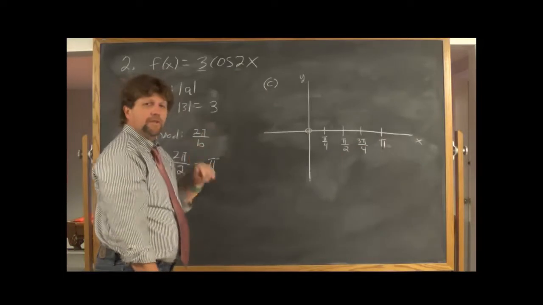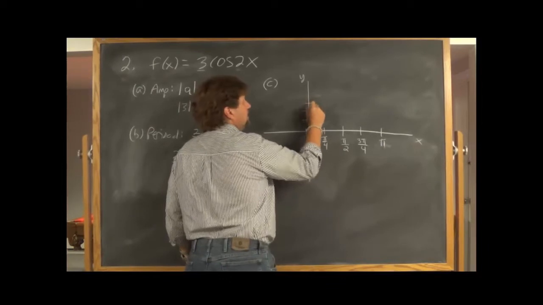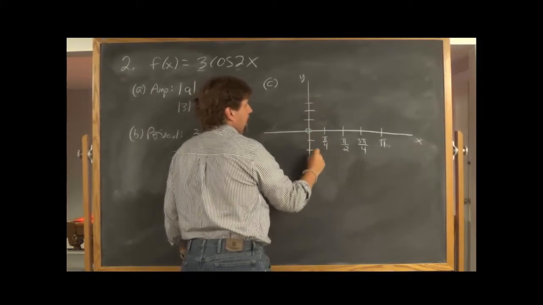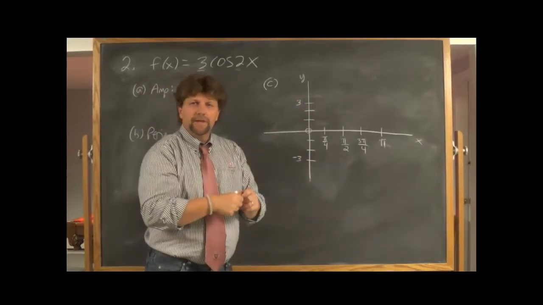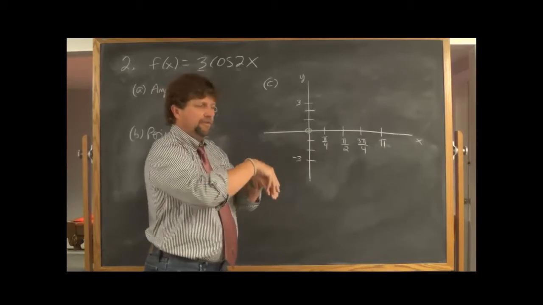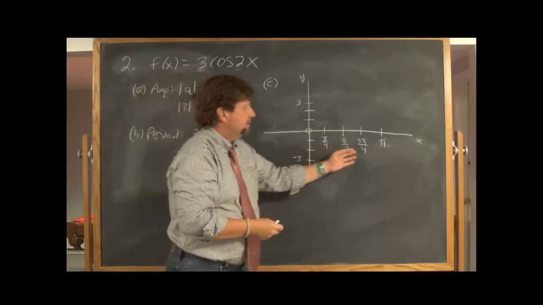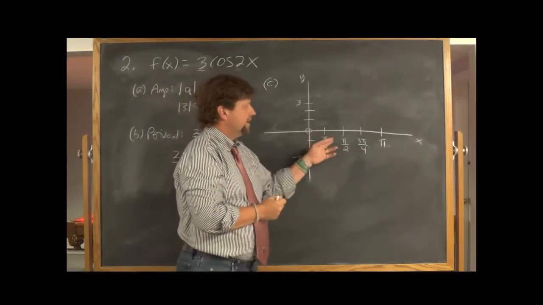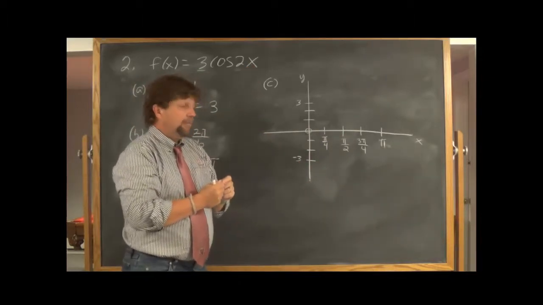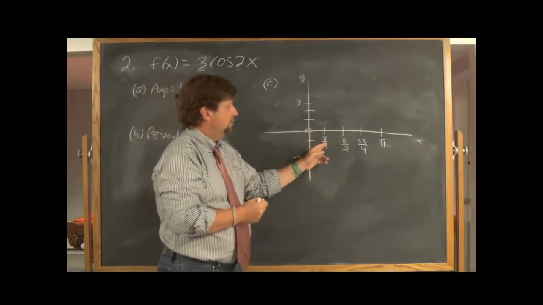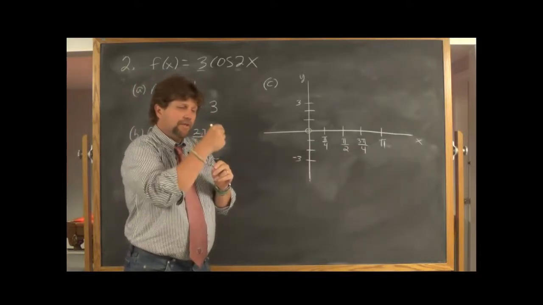Since my amplitude was 3, I should scale my y-axis to go up to 3 and to come down to -3, because this graph has absolutely no vertical translation at all. It had no phase shift, no vertical shift. It's going to be a pretty straightforward graph. And the beauty of these quarter points is if you take those x values and toss them into the function where you see x, each one of these quarter points is going to drop you off at one of those easy points